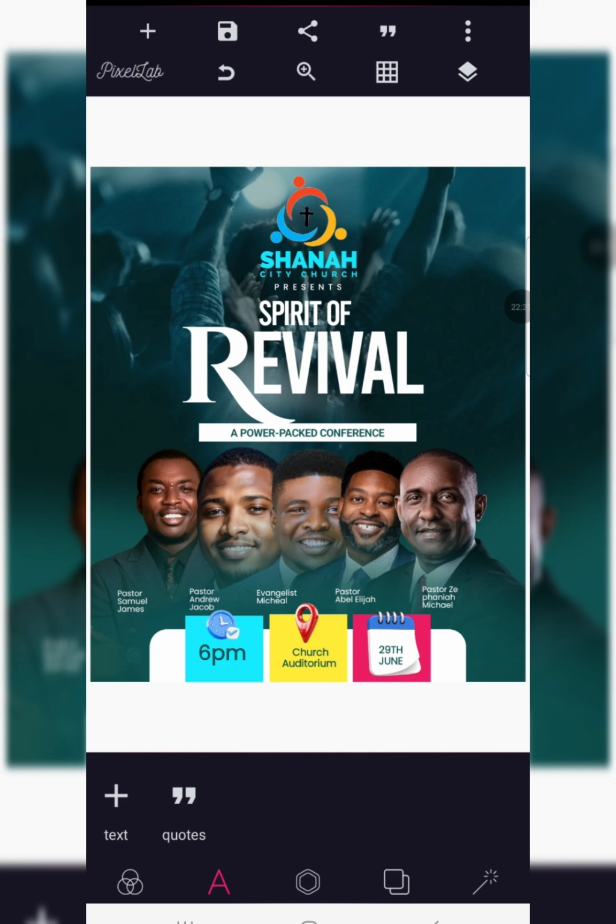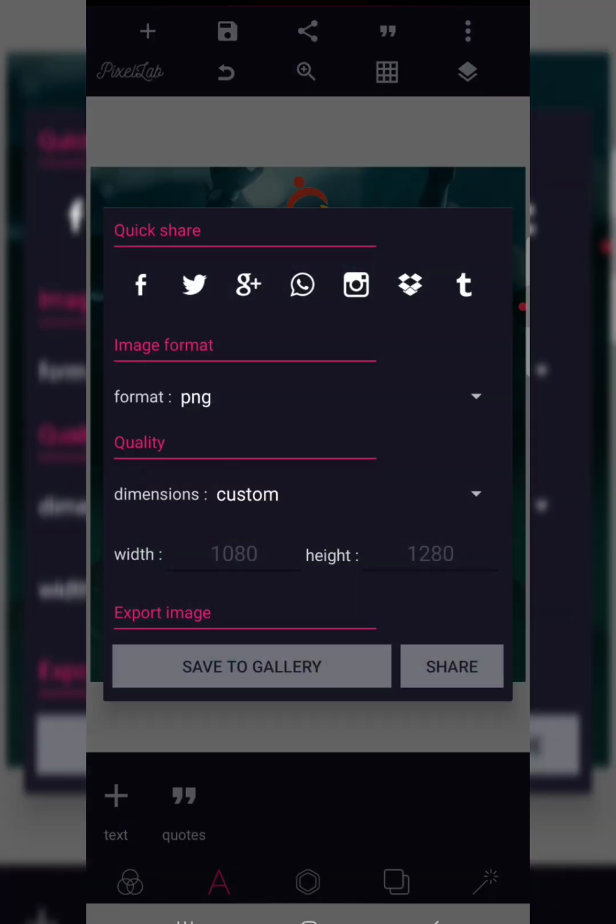The next thing we are going to do is to bring this design into Snapseed for final finishing. So we are going to save the work,